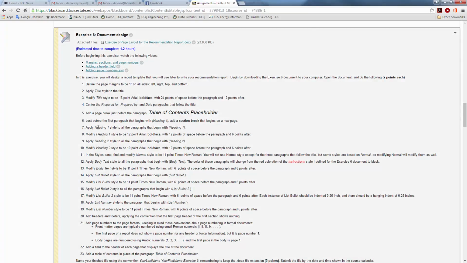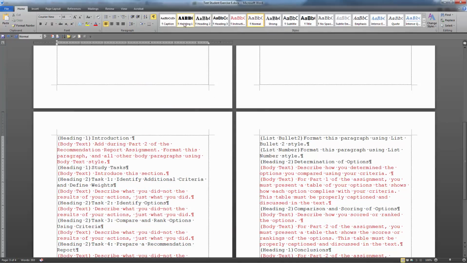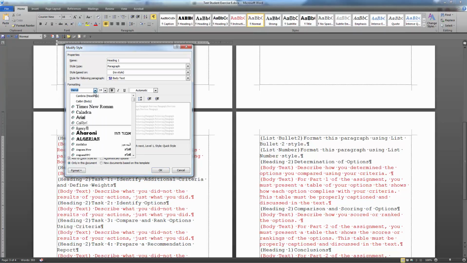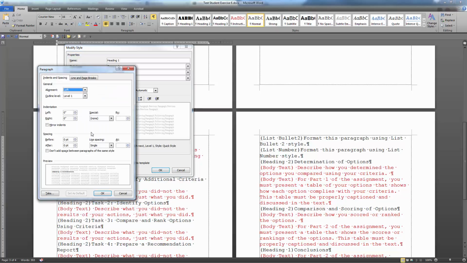All right, now we do some formatting. Heading 1 is 12 points boldface, 12 points Arial with 12 points before each paragraph and 6 points after. So let's go make those changes. So I find heading 1, I'll modify it. It's Arial, 12 points boldface, and the spacing is 24